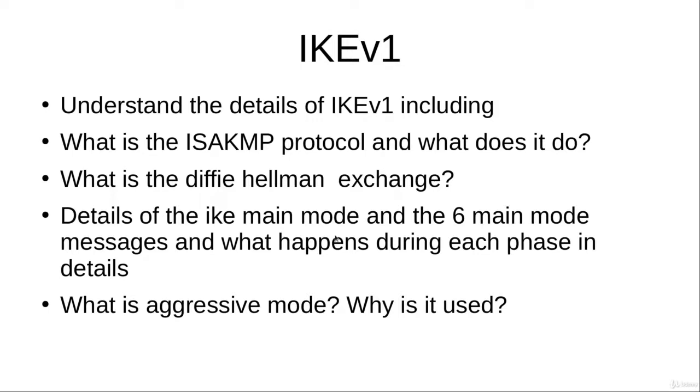This class explains the IKE protocol and how it uses Diffie-Hellman exchanges to secure communication. IKE version 1 comes in two flavors, which are main mode and aggressive mode. This class will explain the difference between main mode and aggressive mode in details. It will go over what happens exactly during main mode and aggressive mode, including going over packet capture to show a real-life example.